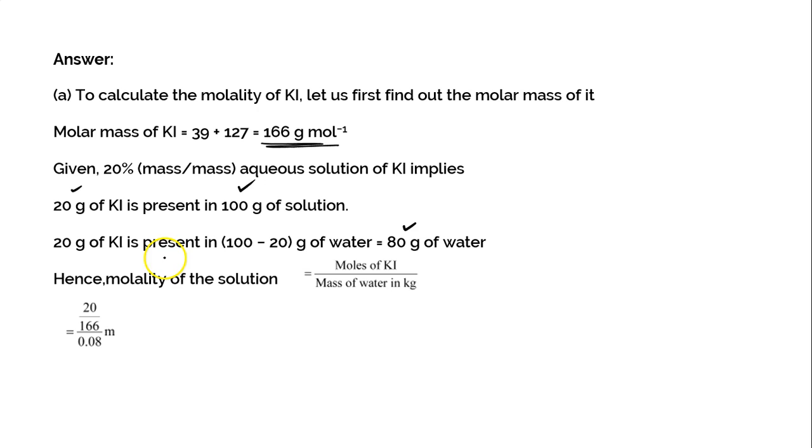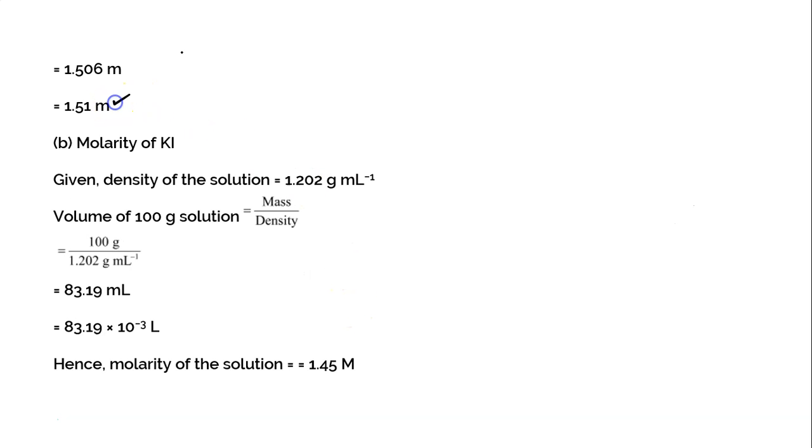Now let us substitute these values in the formula of molality. The molality formula, as written already, is weight by gram molecular weight of solute, into 1 by capital W, the weight of solvent. The weight of solute is 20, the gram molecular weight is 166 as substituted here, and the weight of solvent is nothing but 80 grams of water. You are taking 80 grams of water in the denominator. When you simplify all of this, the molality is 1.51. This is a rounded up value. This is how we calculated molality.